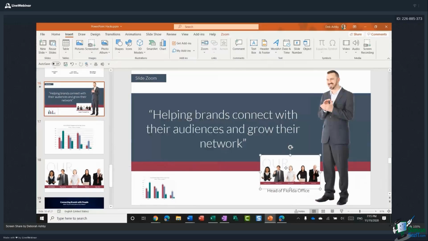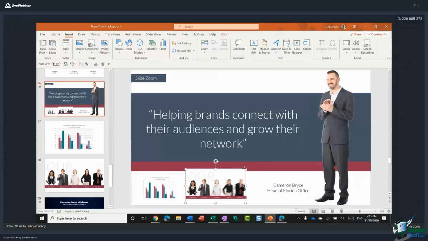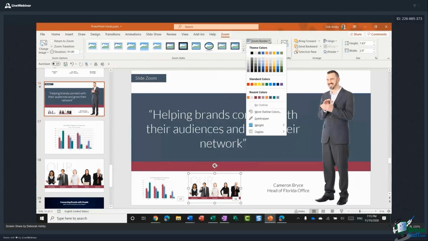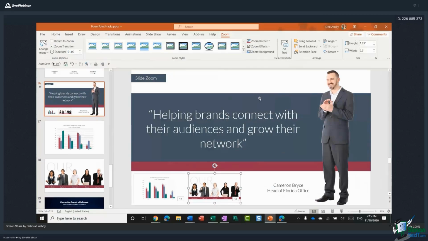And I'm going to pull this one over, and I'm going to resize that down again, and just position them however you want. Now, when I'm clicked on these zooms, you'll see that you also get a contextual ribbon called Zoom. So this has all of the options for these particular slide zooms. So one thing I'm going to do here is give my slide zooms a border,